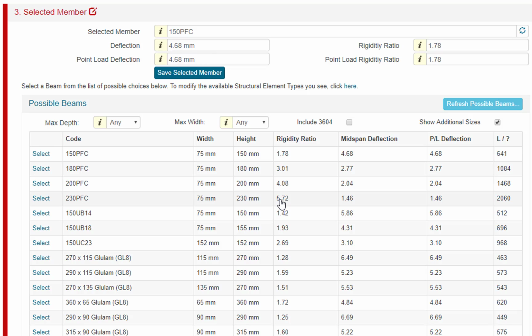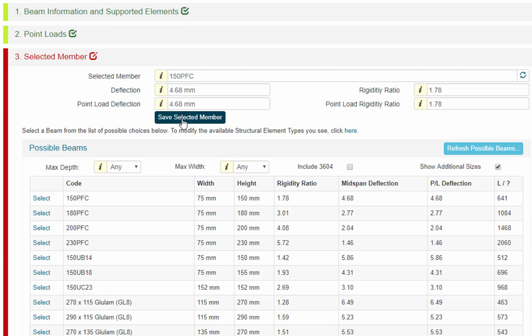If the possible beams list is empty, this means Specifi hasn't found any structural elements that support your design, and specific engineering design may be required. It's also worth pointing out that your selected element may no longer be valid. For example, when you've designed a beam with a certain point load, and that changes, or you've changed the design parameters in the Supported Elements section above. Don't worry, in this case Specifi will report it as being invalid, and won't let you save a member until it has sufficient capacity. Once you're happy with the member you've chosen, click the Save Selected Member button, and let's